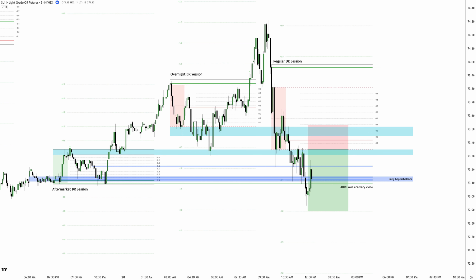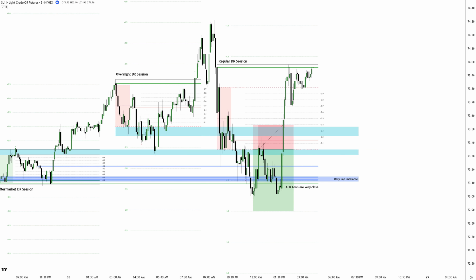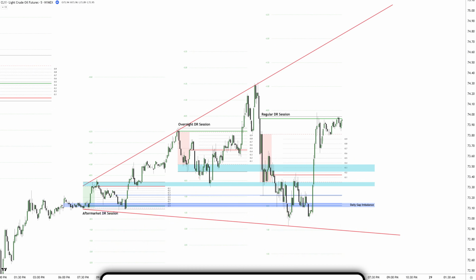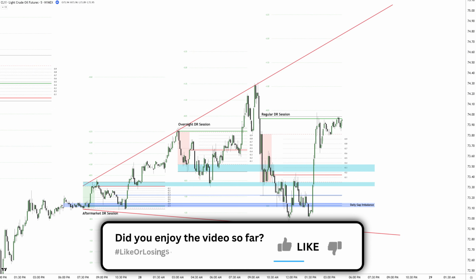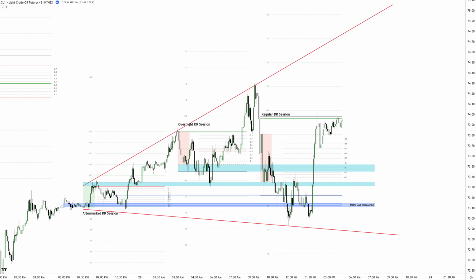Ultimately, even if this trade had been executed, price struggled to close lower and push further down. The initial trumpet-like price action had already played out, reducing the likelihood of additional expansion. Hopefully, this breakdown clarifies why this particular regular DR session presented a lower probability trading condition. Recognizing these setups and knowing when to stay out is just as crucial as identifying high probability trades.